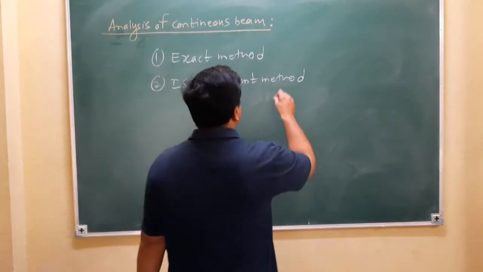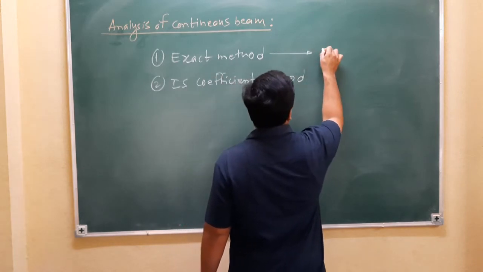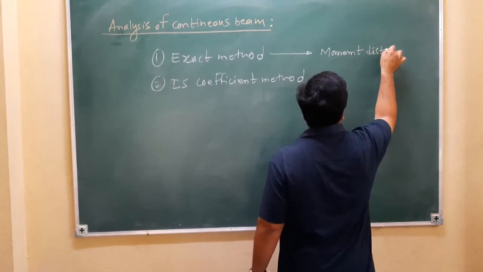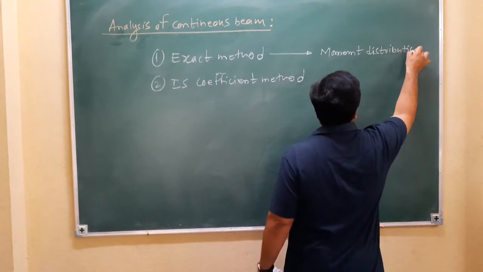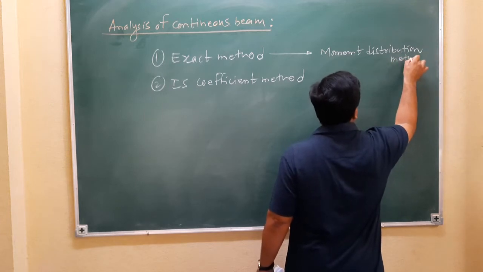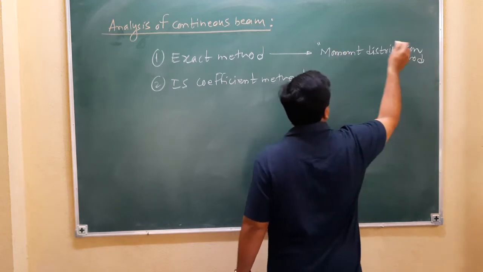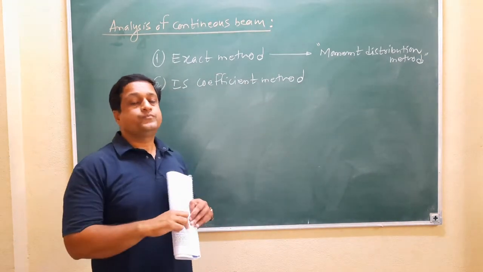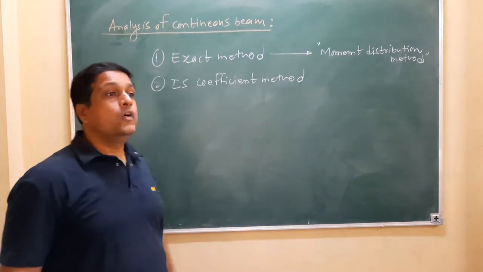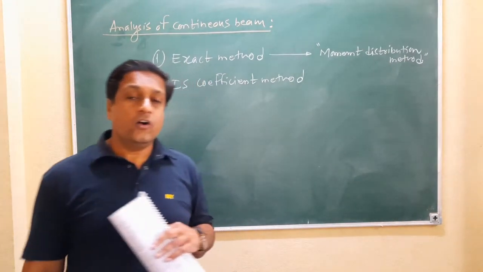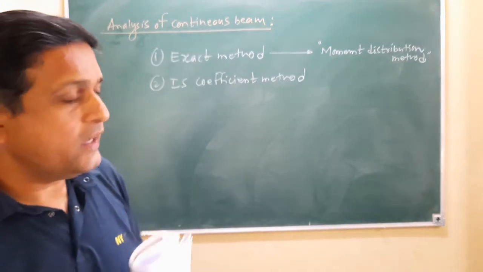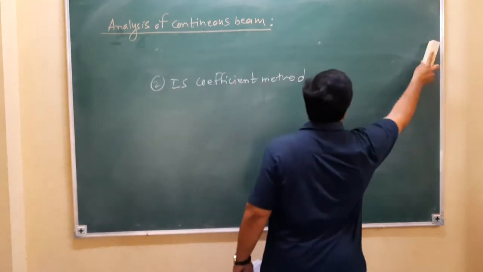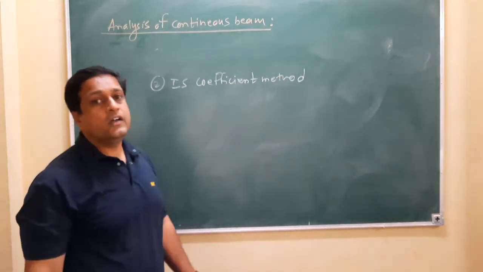And in the exact method, the simplest method is the moment distribution method. So now I am going to tell you how exactly these two approaches are applied on a beam. First, I will tell you how the IS coefficient method is applied on a continuous beam